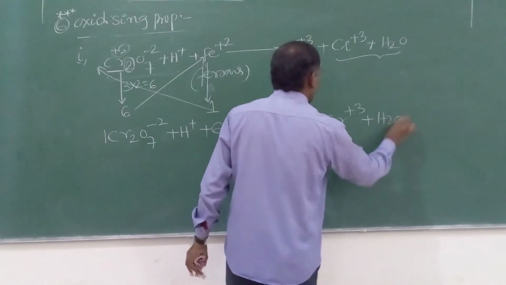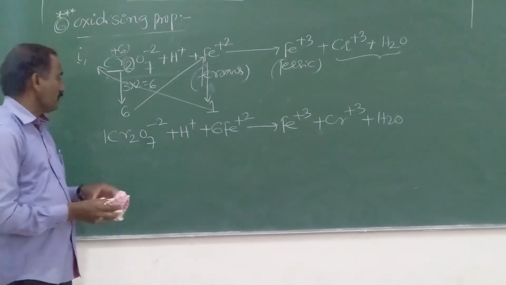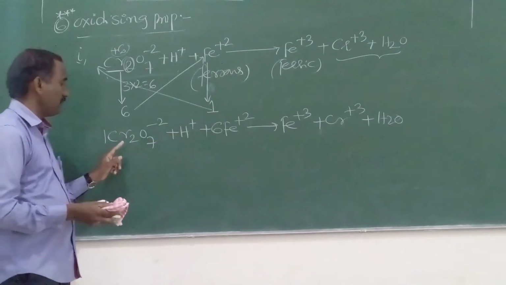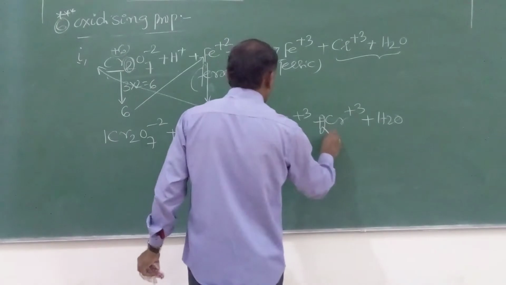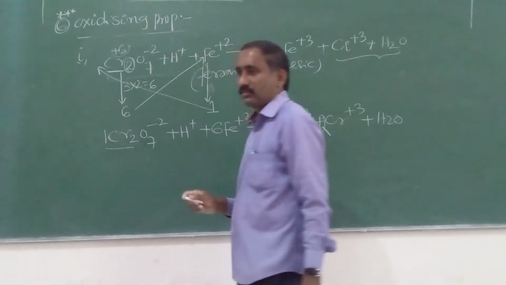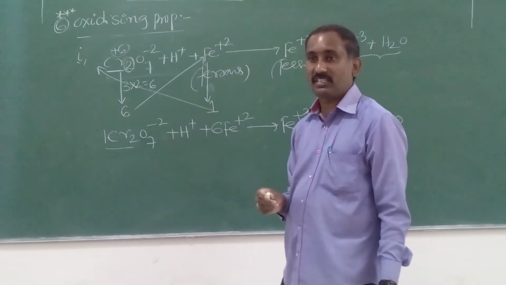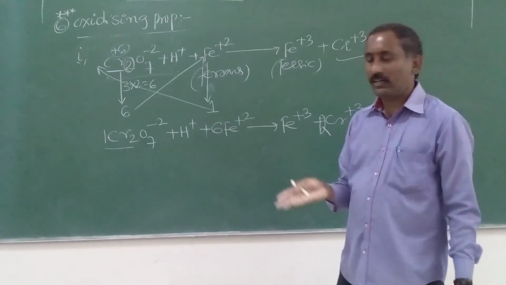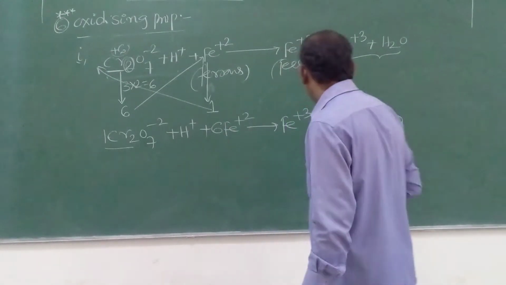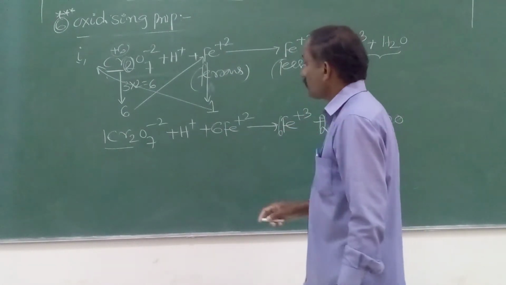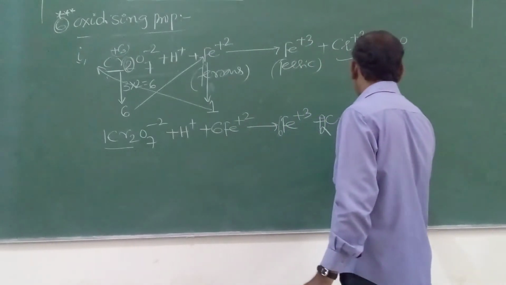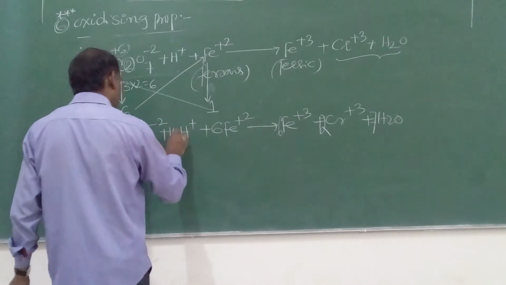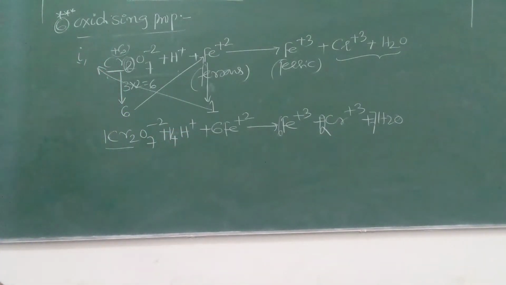Now according to first year, here we can balance. First of all, left hand side atoms. With the help of left hand side species, right hand side we can balance 2 chromiums. Here also 2 chromiums. First other atoms we can balance, next oxygens, lastly hydrogens. In first year we practiced: first other atoms in sequence, then oxygens, lastly hydrogens. Here others means iron, 6 iron, 6. Then oxygens, 7 oxygens, here 7. Hydrogen 7 into 2 is 14. Therefore here 14. First write this one equation. How they will ask questions, I will dictate after.